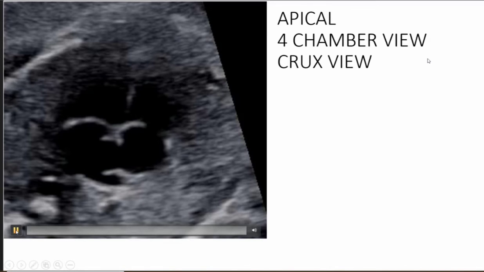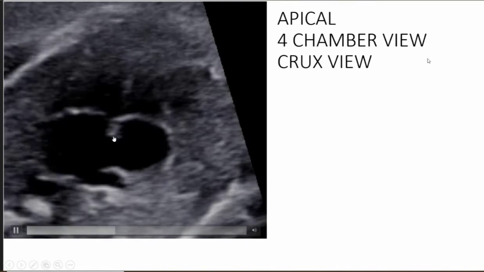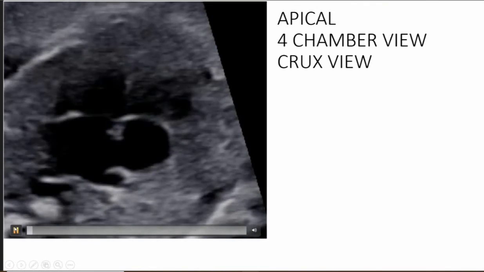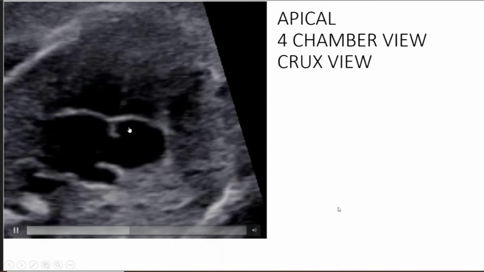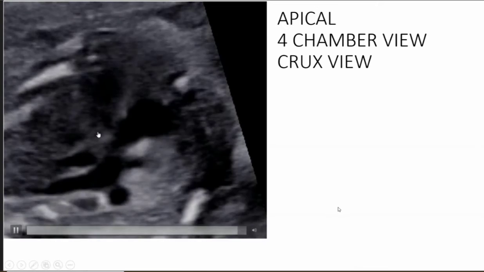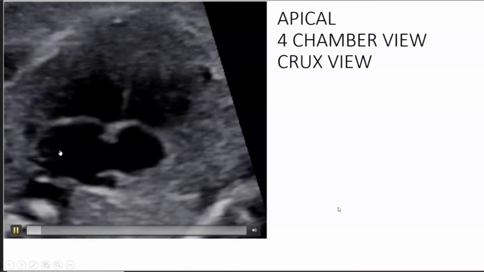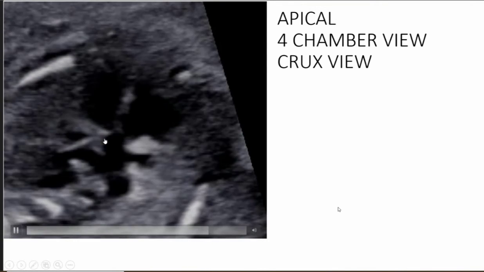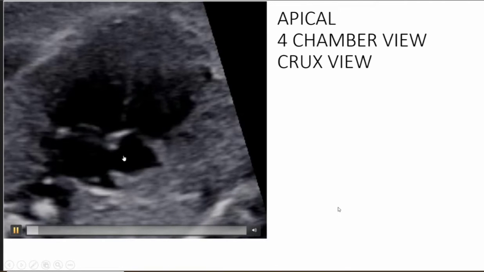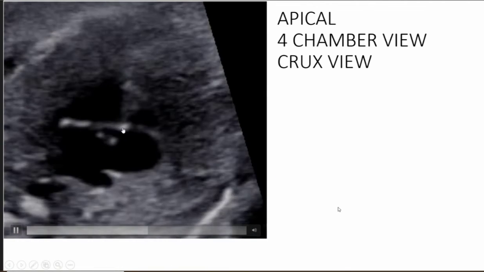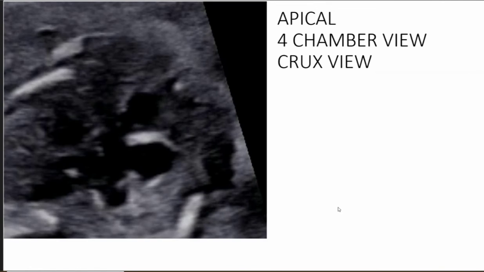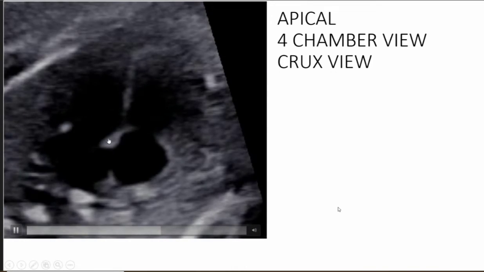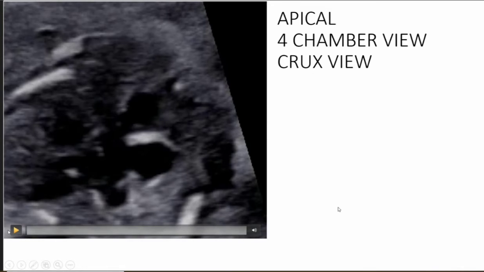Now we will concentrate on the crux alone. So this is the crux, which has the septum primum, muscular IV septum, and the 2 septal leaflets. This is the mitral septal leaflet, that's the tricuspid septal leaflet. Look at the apical insertion of the tricuspid leaflet. Now observe, this is the tricuspid leaflet, and it has a more apical insertion. And look at the mitral septal leaflet on the left side, which has a more basal insertion on the crux.